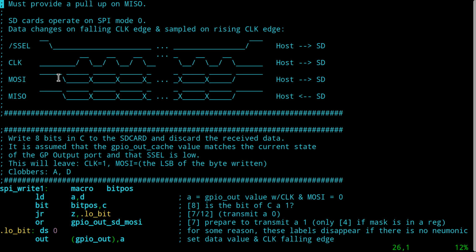So anytime I'm just clocking along here, waiting for the SD card to send me something, I want to keep MOSI high, okay? Because it turns out that there is a way to signal the SD card when MOSI goes low. But if MOSI's high when you're reading a response back from the SD card, or you're waiting for a response from the SD card, which is the critical one,